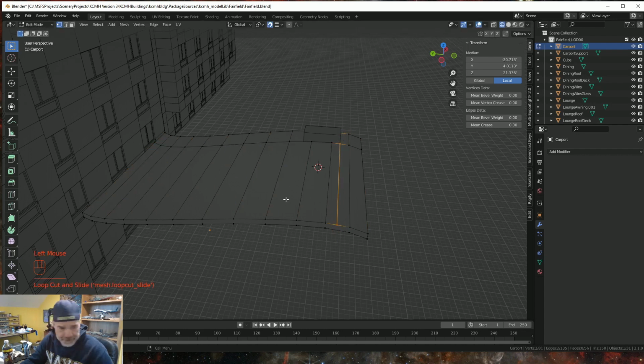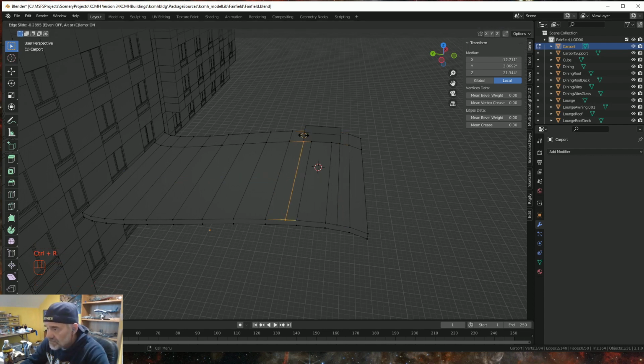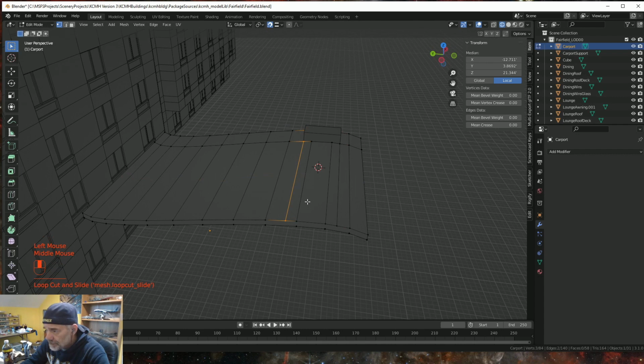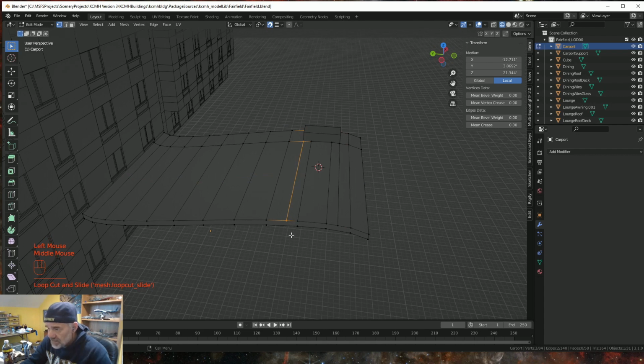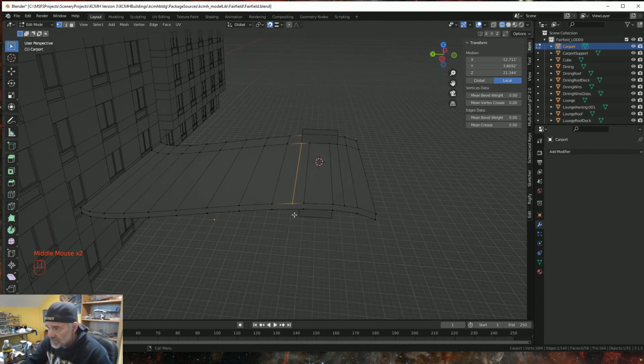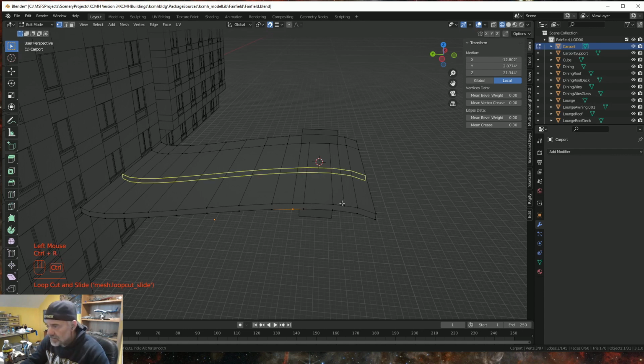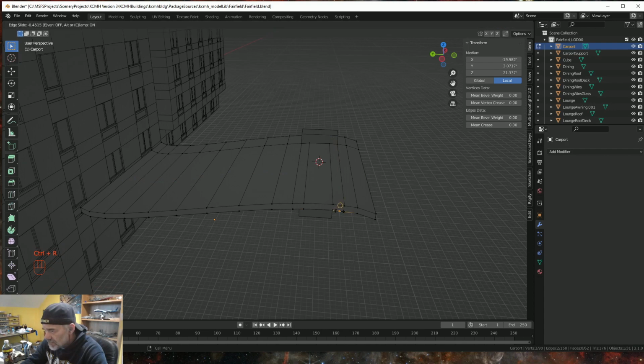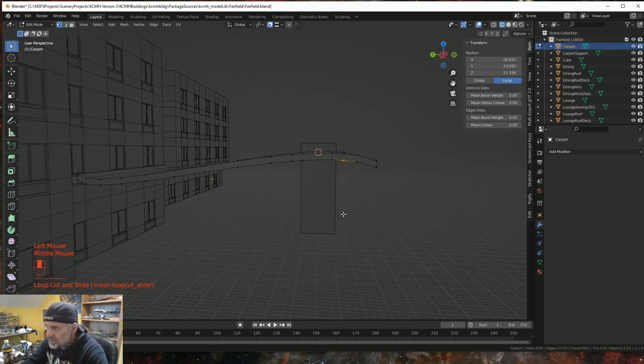I'm going to have to do top and bottom to here, and then same with the bottom. So Control R, we want it right below those. Do it over here, and we want it right here. So now we have splits there,